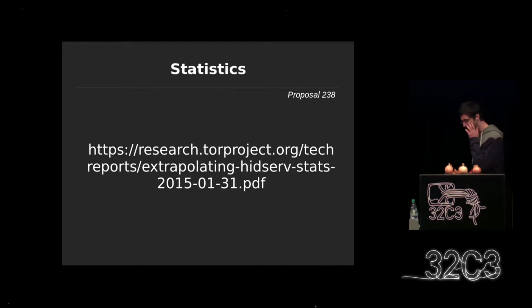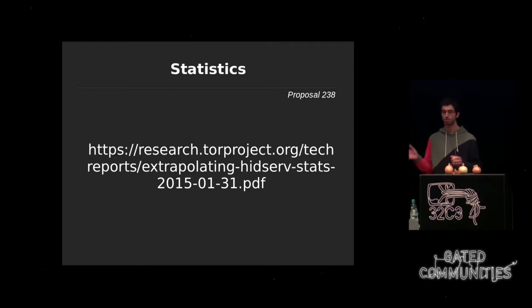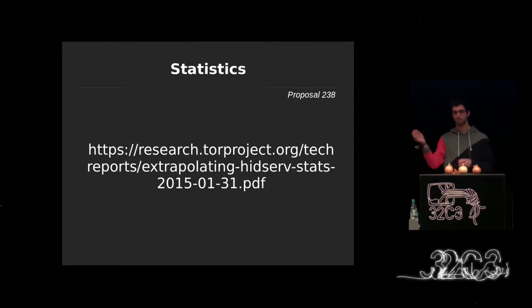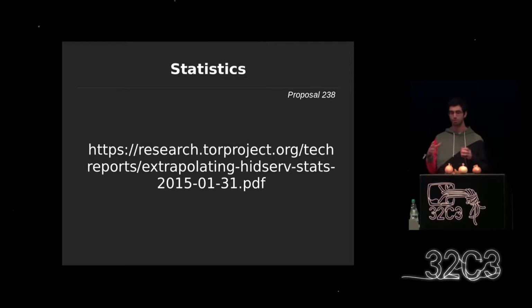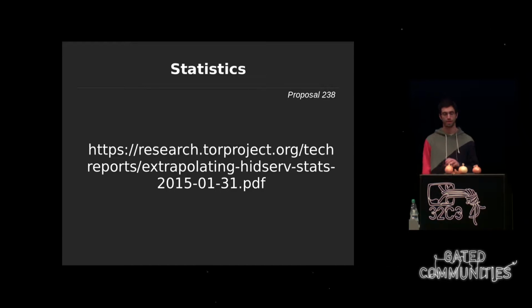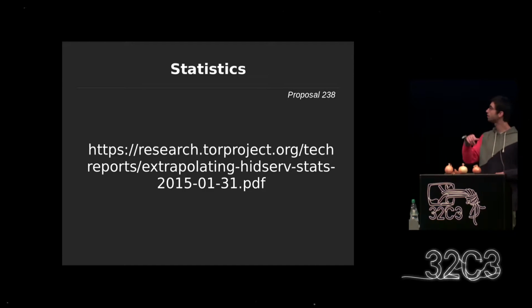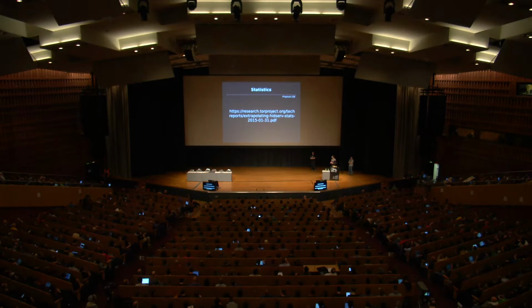We did this whole thing like a year ago, and we spent lots of time figuring out how to collect statistics, how to get from the values themselves to those graphs, and how to obfuscate the statistics in such a way that we don't reveal any information about any clients. We wrote a tech report about it that you can find in this link if you're interested in looking more at how the whole thing works. And we even wrote a proposal. If you Google for Tor project proposal 238, you can find more information. And yeah, that's that.